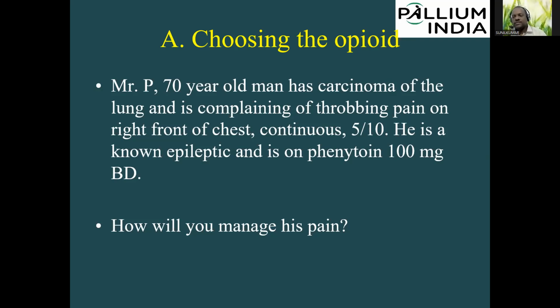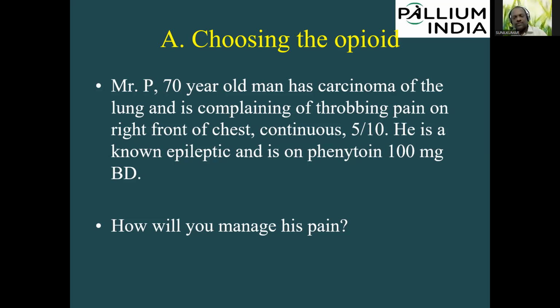What is the pain score of this patient? Moderate category. Sorry? It is moderate severe. Yeah, moderate. So which step of the WHO analgesic ladder should you use? Yeah, second. So how will you manage the pain of this patient? Through morphine. Is it the second step? Tramadol. Tramadol, yeah. It should be tramadol.